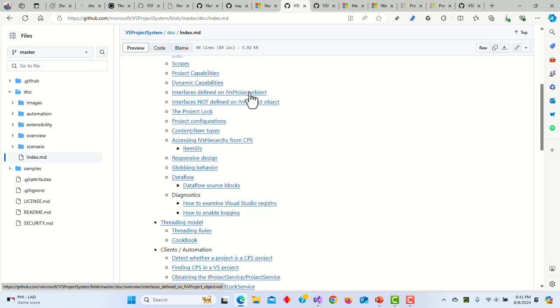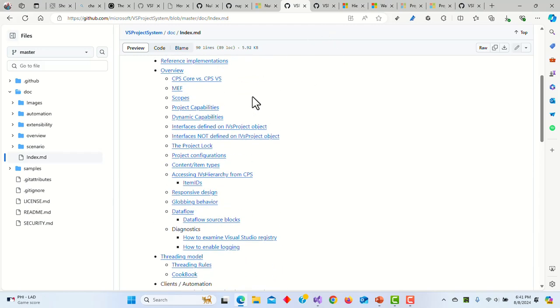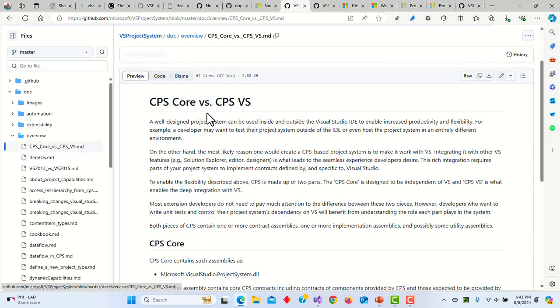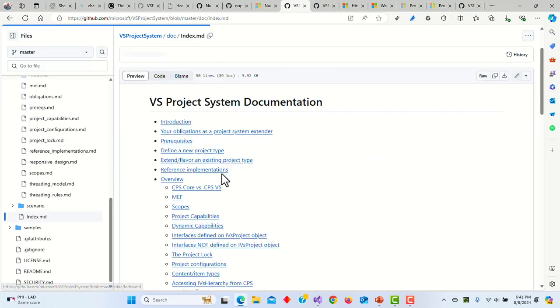It's basically an interface, and you can have a configuration. You know that I mentioned about properties in the picture. So let me go back to the doc index